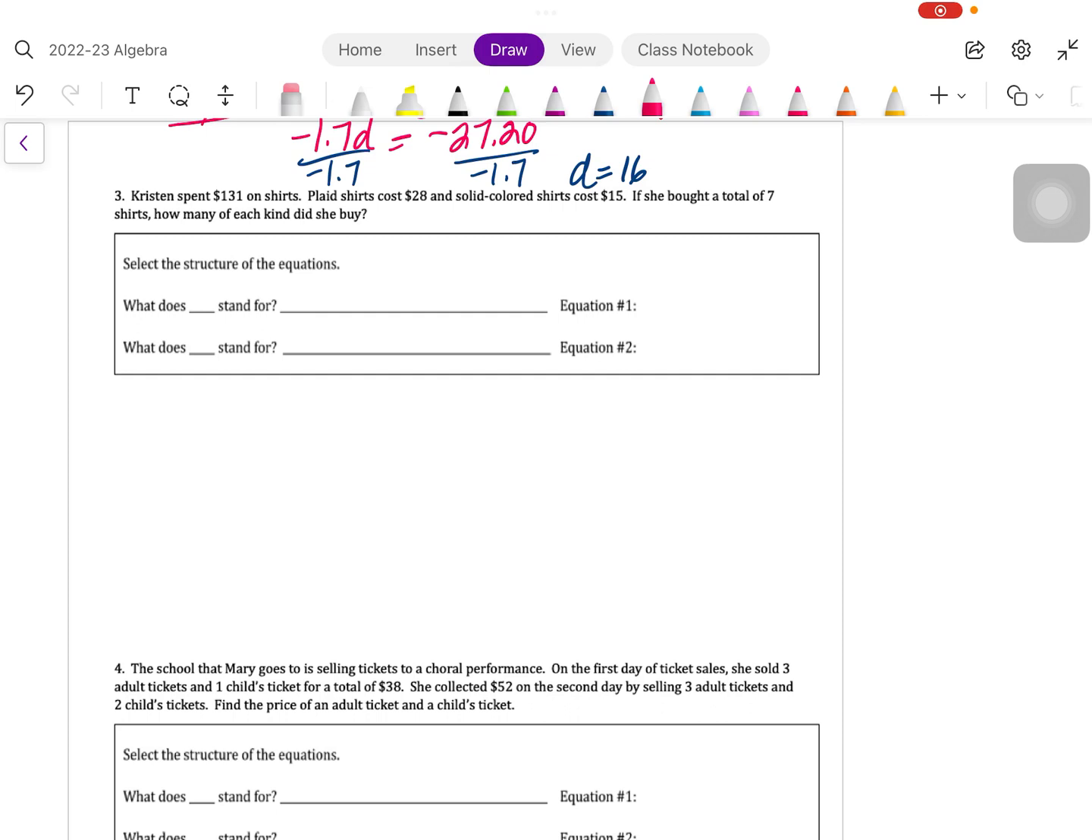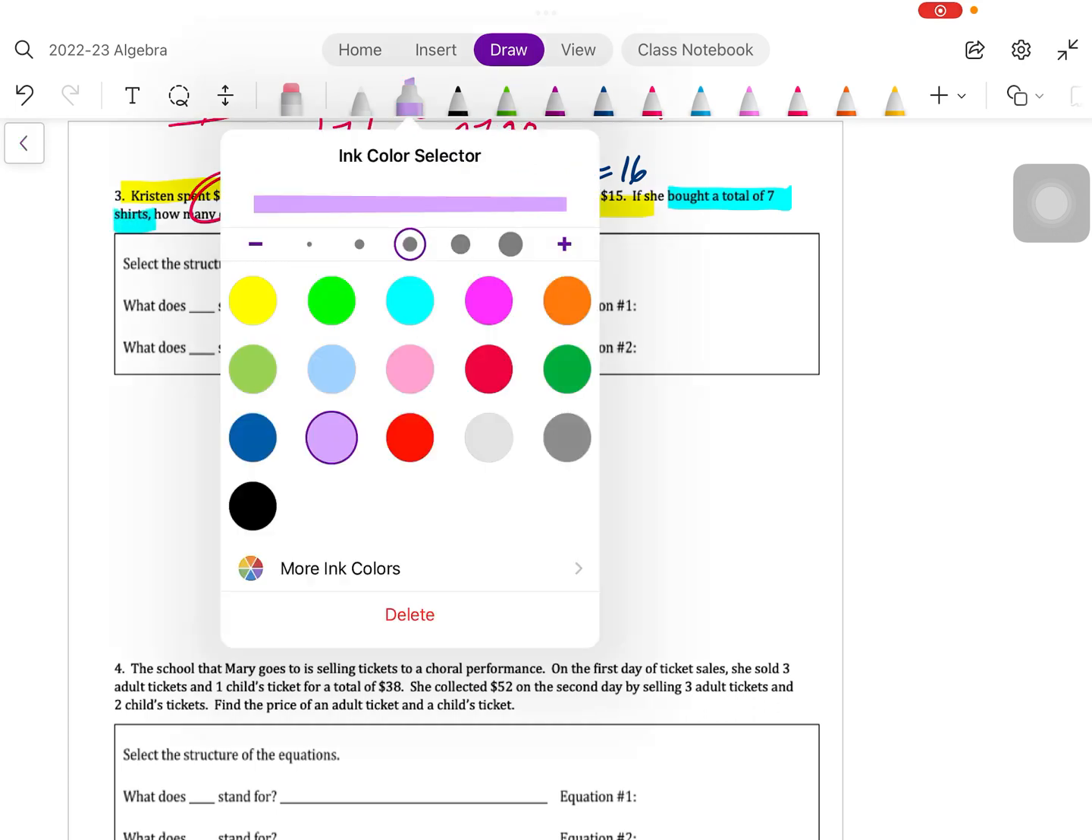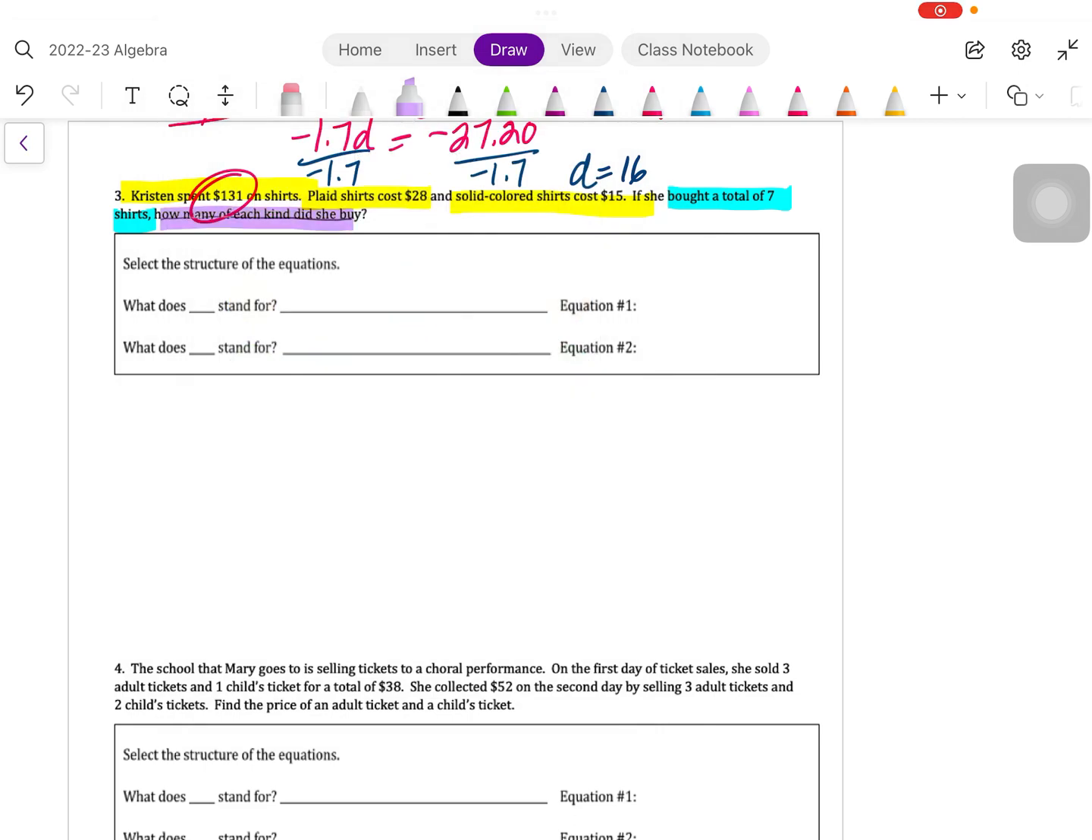going to keep going. Number 3, Kristen spent $131 on shirts, okay? So that is a total amount. Plaid shirts cost $28, and solid colored shirts cost $15. And then in the next sentence, it says she bought a total of 7 shirts. And then the question that they want us to find is, how many of each kind of shirt did she buy? So that means I want to know how many plaid shirts she bought and how many solid colored shirts